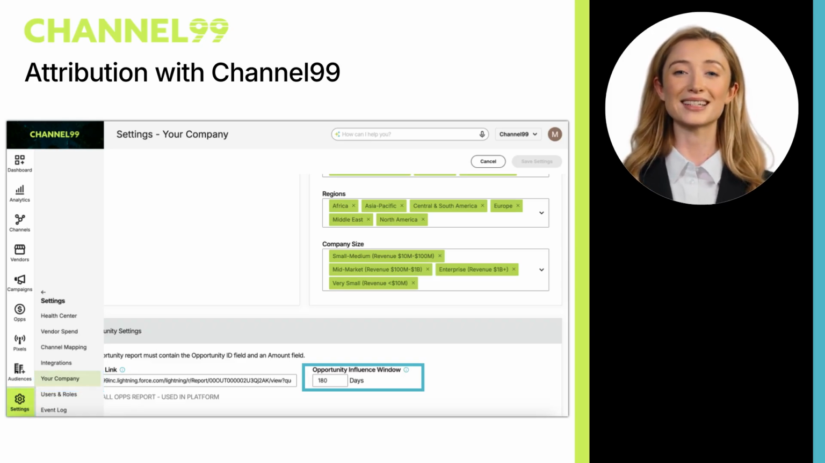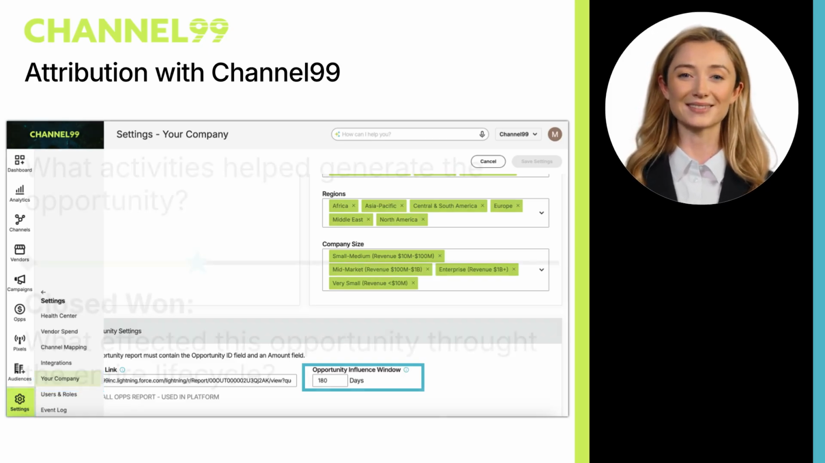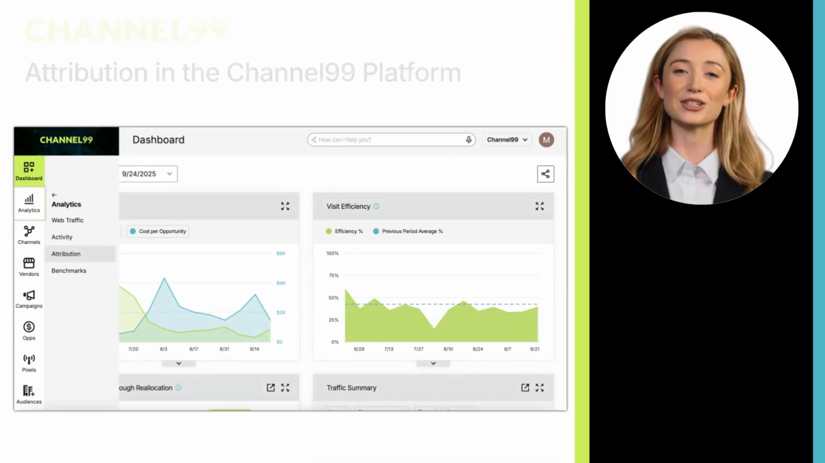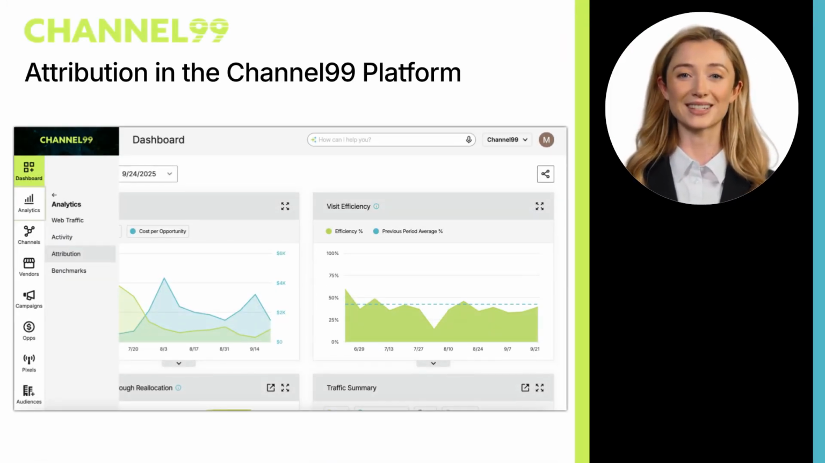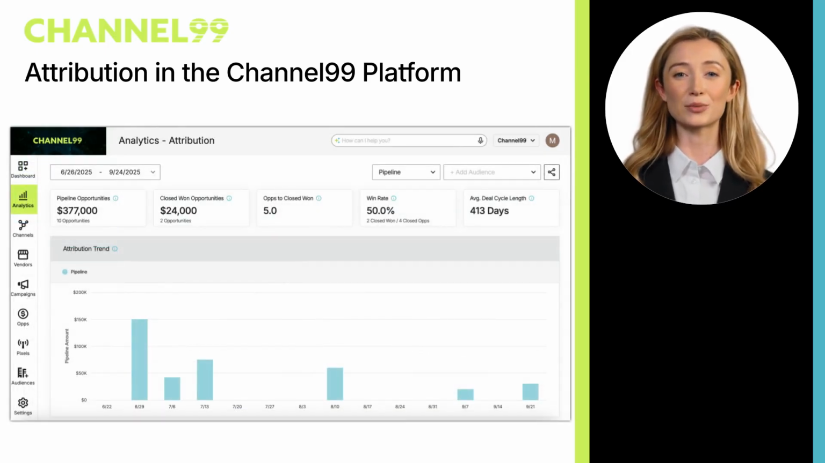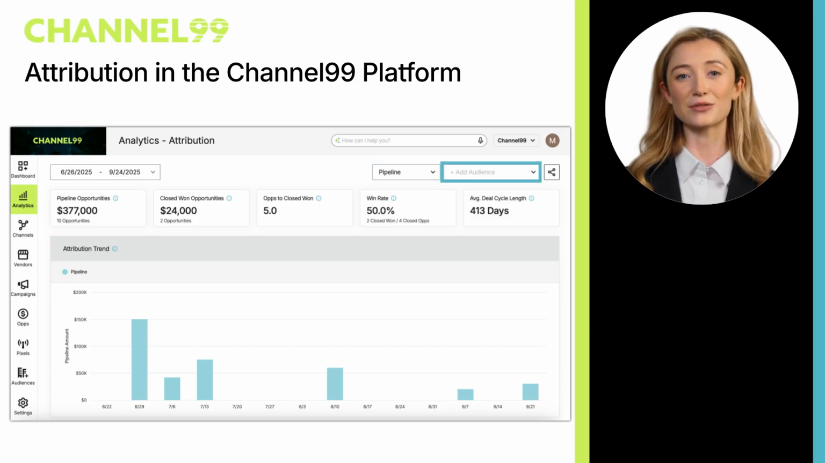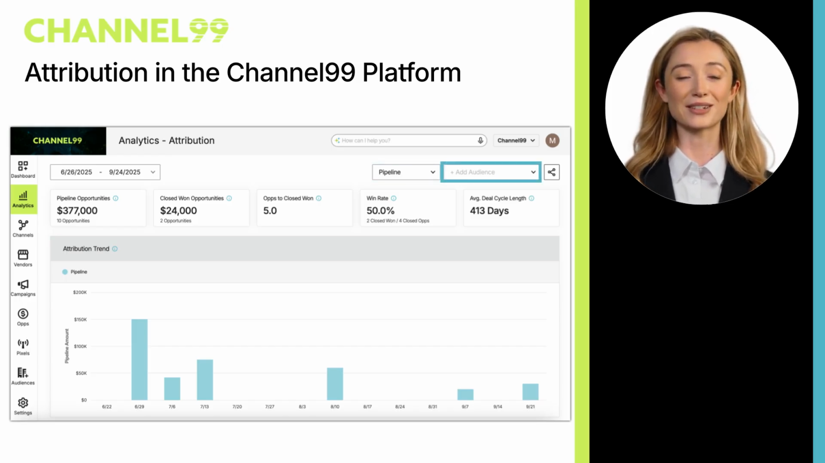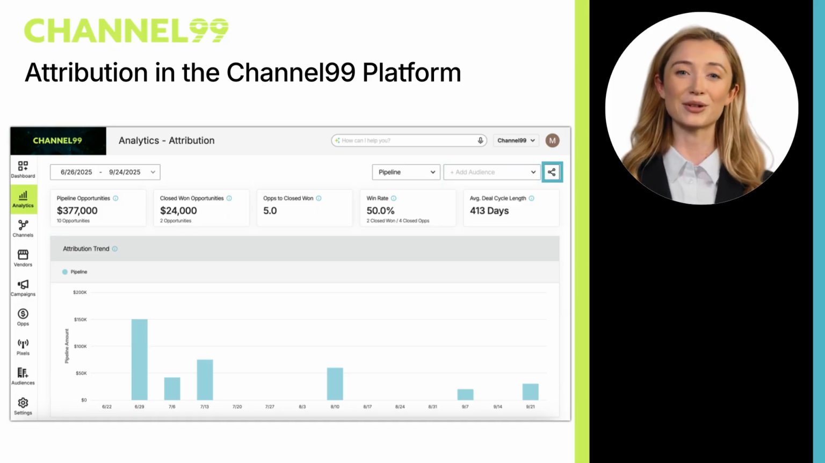Now let's review this in the C99 platform. To navigate to the Attribution section, go to the main menu under Analytics and click the Attribution submenu tab. This will open the Attribution page where you will see all your attribution models and controls, including the date selector, which controls your view using opportunity open or close dates, the pipeline or closed won type selector, the audience selector if you would like to filter visible opportunities by a specific audience, and the ability to schedule and send reports